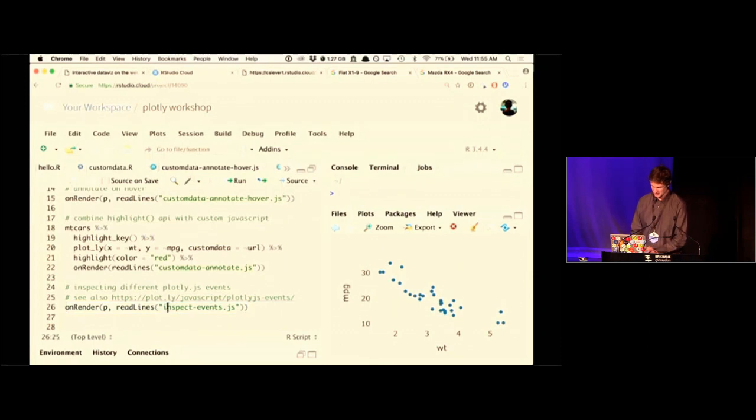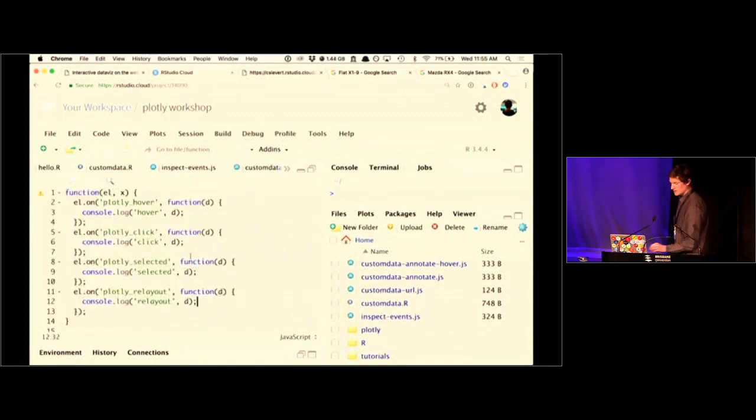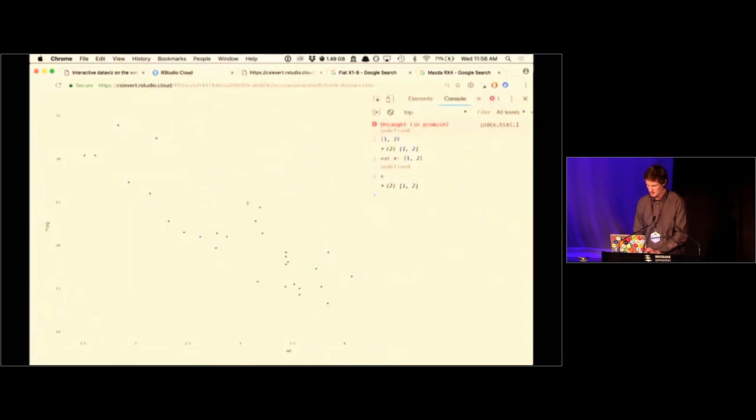If you look at this inspect events JavaScript file, this is adding listeners for some common Plotly events and just printing out the event data that's attached to each one of these events. So by using this console log in JavaScript, when this event is fired, I will see the relevant information in my browser's developer tools. So now when I hover,